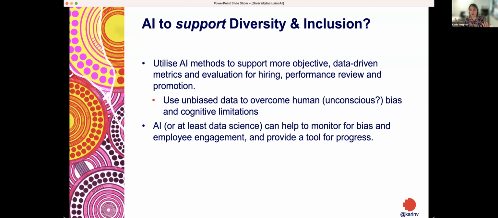We have unconscious biases and other cognitive biases that also impact our own interpretation of data or of people or in making these decisions. And so possibly we can use AI in a positive way in this context to actually encourage more data-driven and performance-based evaluation of people using variables other than, say, gender or race to